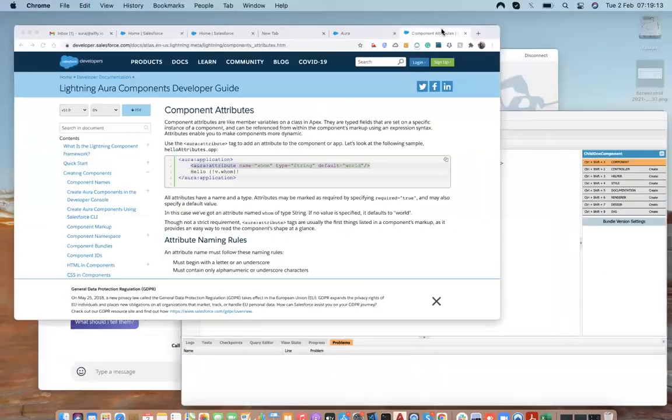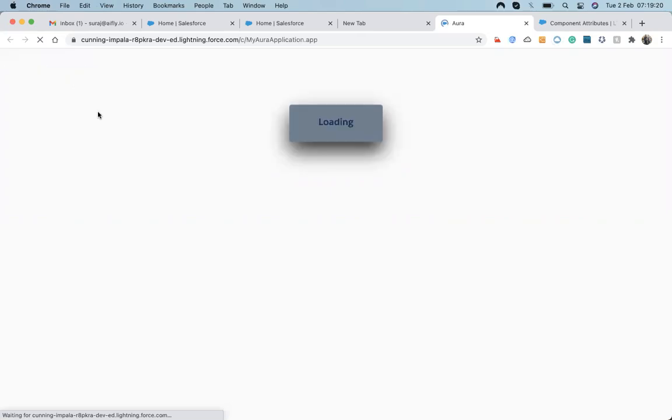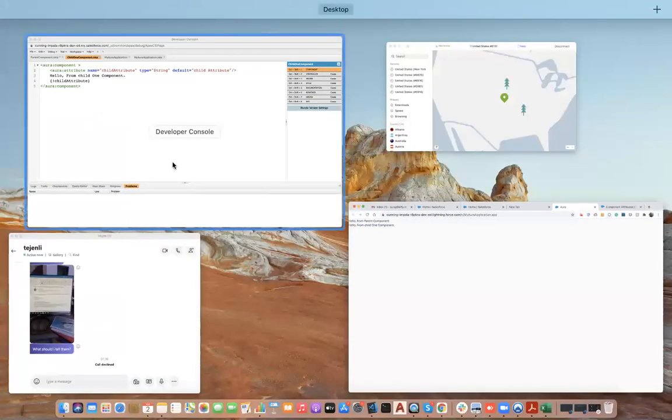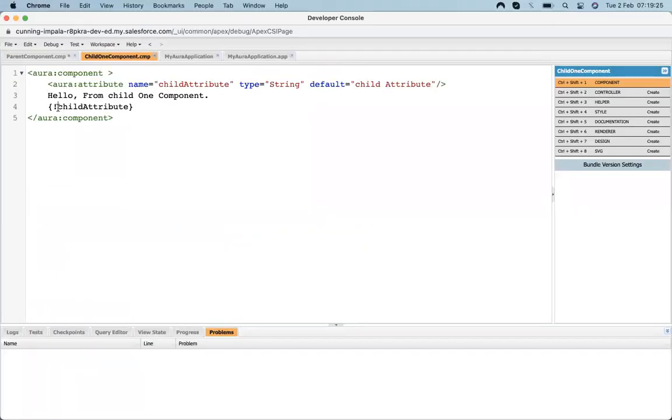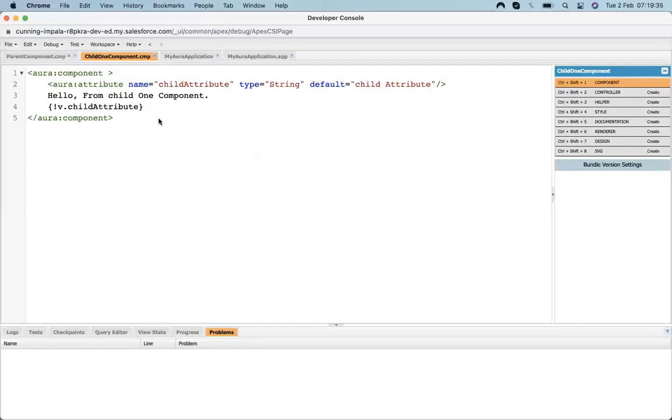Let's refresh. Sorry, v dot, I forgot to add. Now I can see that the child attribute is showing up here.